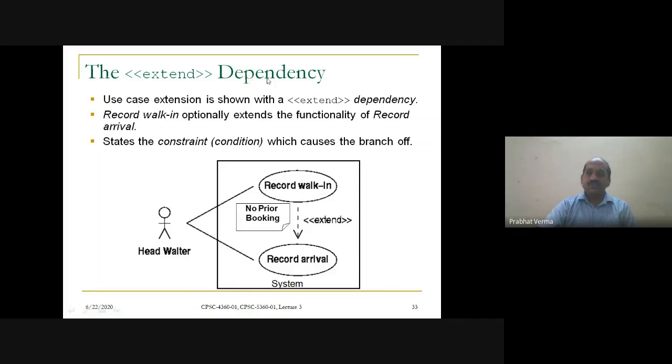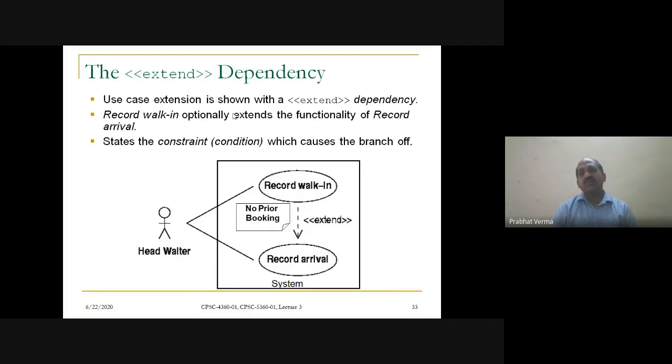one more type of directive that is known as the extends directive, and this is used when some common or overlapping features are there between two use cases. For example, here we have the head waiter's use case, which is executed by the head waiter, that is record walk-in.